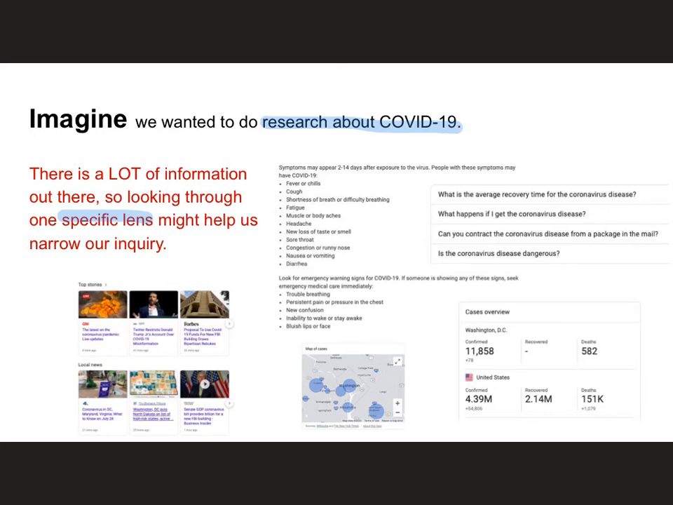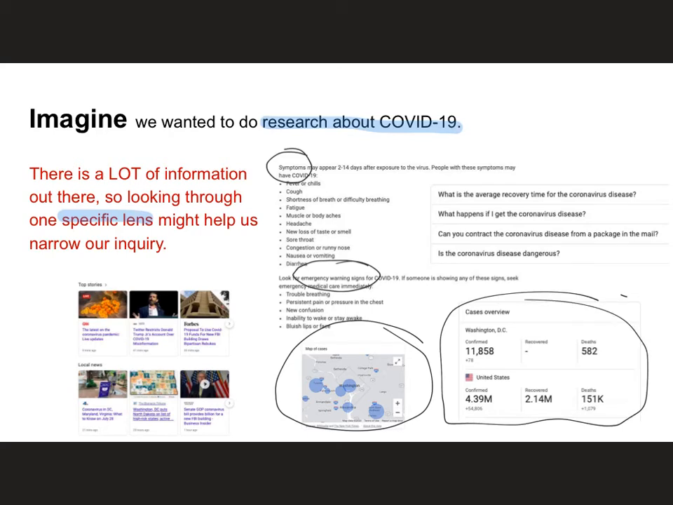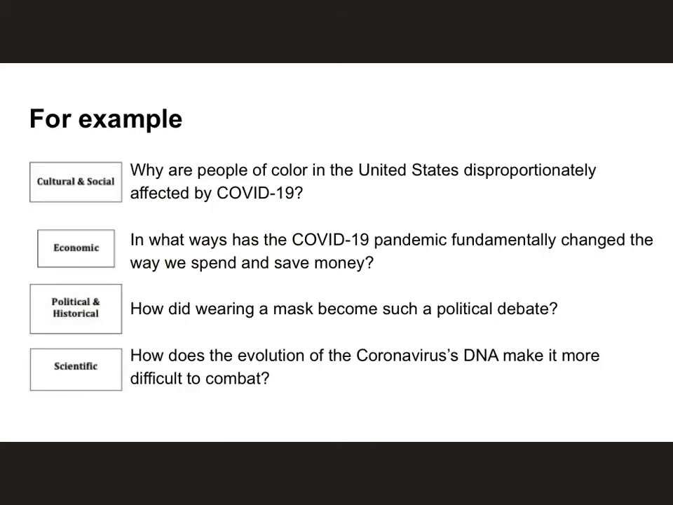You get a list of symptoms. You get emergency warning signs. You get a map of the cases in the Washington, D.C. area. You get data for a case overview. You get random frequently asked questions, and you get the top news stories, both nationally and locally, right there, and that is a lot of information to parse through. However, if you focus through a specific lens, it makes it a lot easier to digest. So for example, if we were doing a COVID-19 research project, we would want to focus our line of inquiry, because it would be really hard to just write a paper about COVID-19. So we need to ask really good questions in order to focus through a